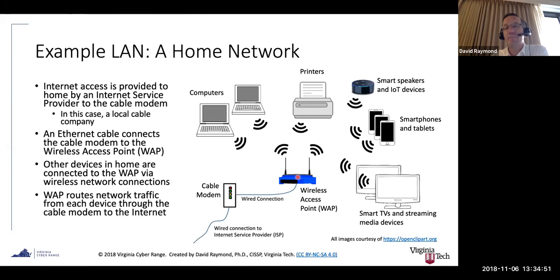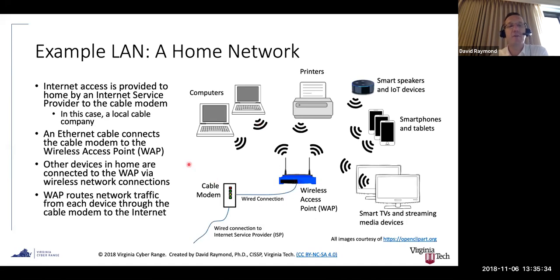But one thing I would encourage people to do who want to make sure that their home networks are secure is update the firmware on their wireless access point. And maybe I'll do a demo of that in a coming lecture, but it's fairly straightforward. Basically what you do is you get on your home computer, you connect directly to your wireless access point, usually through a web page. If you don't know how to do that, then you can Google the wireless access point model number and manufacturer and get instructions for how to connect to it. And then these days, there's always a button on the home page to update the firmware.